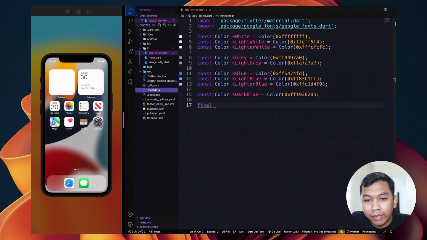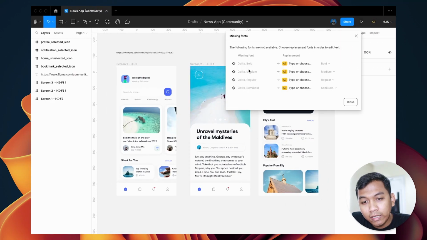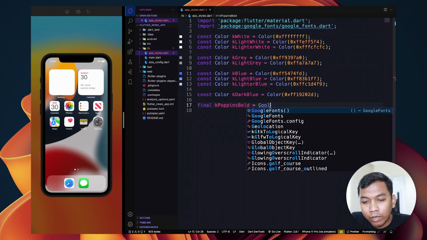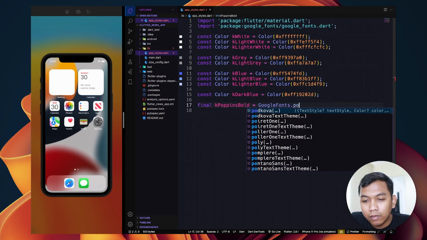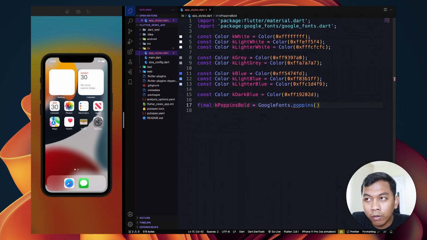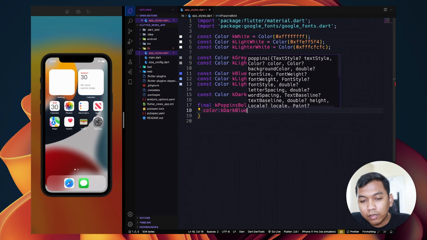Let's name it, because I have replaced this commercial font using Google Font, and I chose Poppins, so let's name it Poppins Bold. And we call Google Fonts here. We call our Google font, which is Poppins, and for color, let's use a color we have declared above.